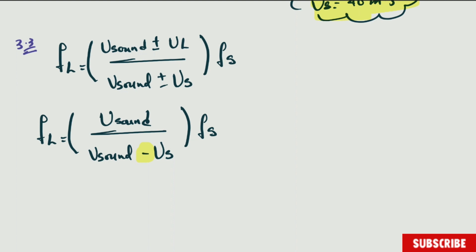The next step is to substitute what you have here. It's very simple because we have everything. We're looking for the frequency detected by the listener because we need it to calculate the wavelength detected by the listener. So when we substitute here, guys,